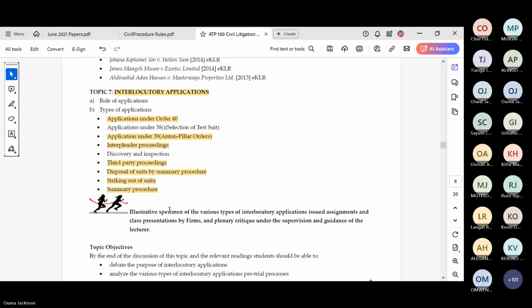Now, which of these applications that I've highlighted on the screen is still not making sense to you? Is there anybody that is saying that this one is not making sense to me at all? I don't understand what it is.